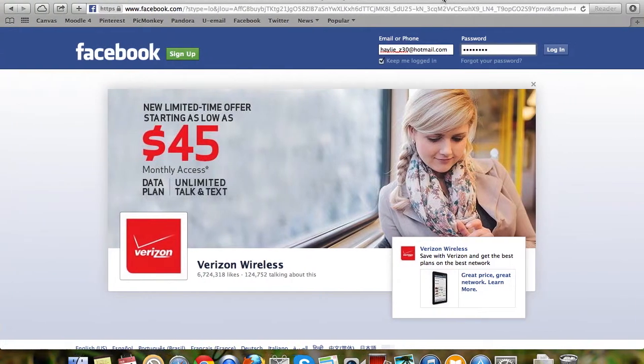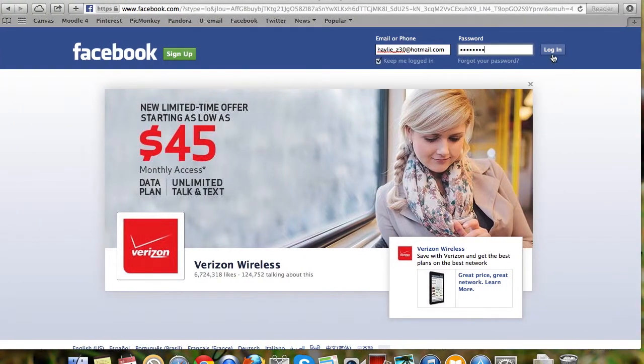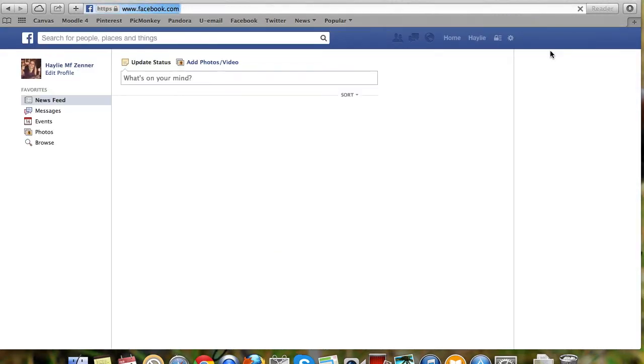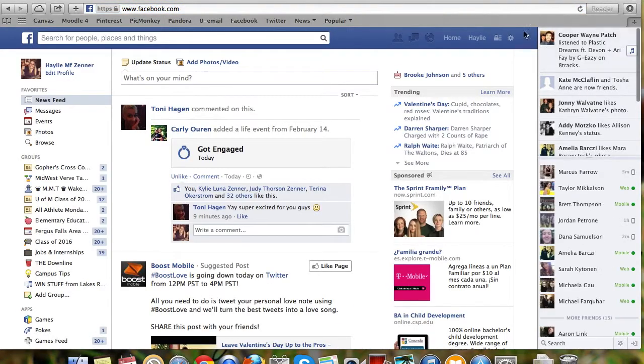For my redesign project, I am going to be redesigning or fixing Facebook, and here I will start by logging in. Once I'm logged in, as you look at the home page, you have your top part of the search box, so you can search people, things, basically anything I feel like, and then you have the area to update statuses or add photos, and I think those are two important search boxes to have.